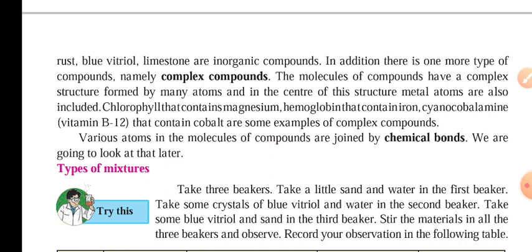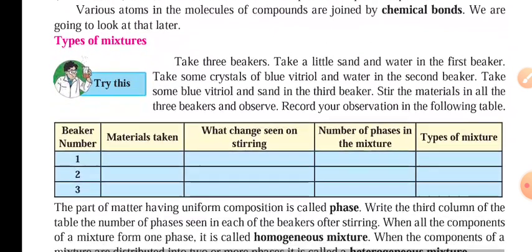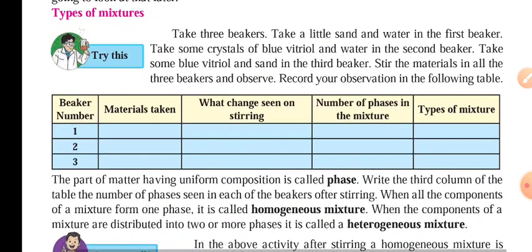Further, when we talk about mixtures, next we have to discuss the types of mixtures. We have different kinds of mixtures possible. Majorly, we have two types of mixtures: homogeneous mixture and heterogeneous mixture. Now, what are homogeneous and heterogeneous mixtures? They have taken examples of three different conditions over here.